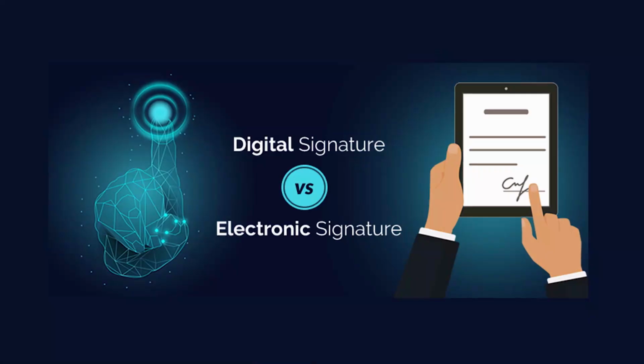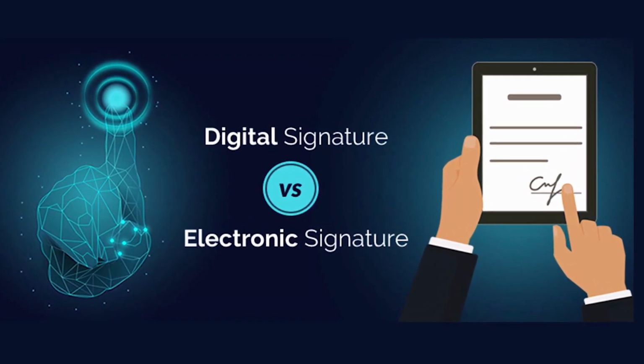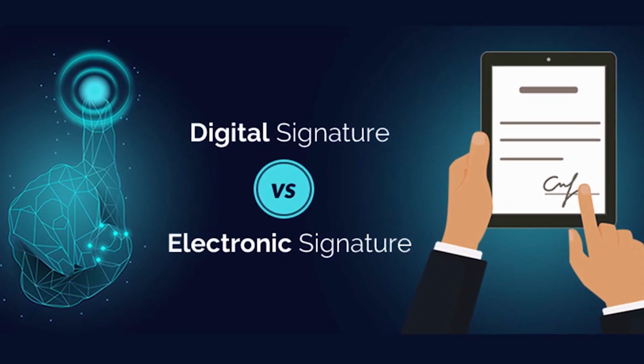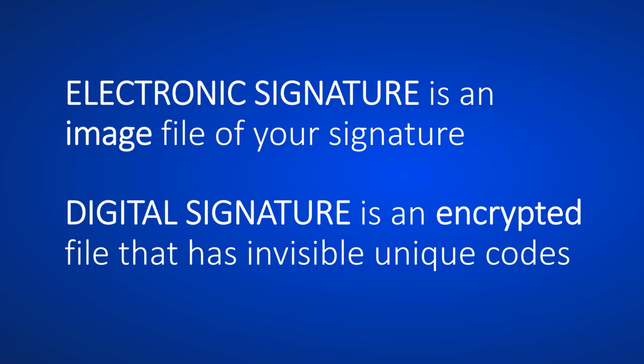And one advantage of this is that you do it once and then save it on your phone or computer for future uses. And some do ask, what is the difference between electronic signature and digital signature? Well, the difference is an electronic signature is an image of your signature, just like the one we're about to create. While digital signature, on the other hand, is an encrypted file that has invisible unique codes that make tampering and duplication practically impossible. So digital signature is on a whole new level, but notwithstanding, electronic signature is legally acceptable